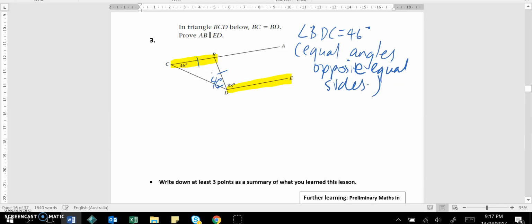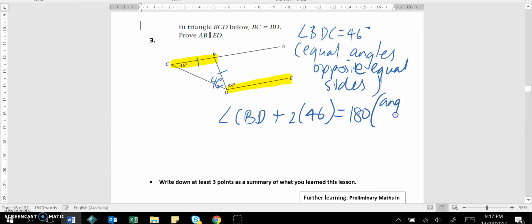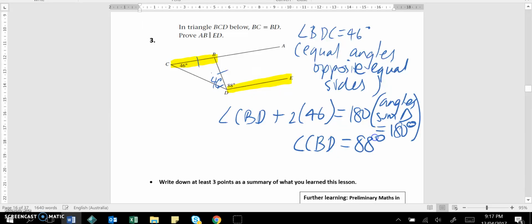Then I'm going to say that angle CBD plus 2 lots of 46 degrees equals 180. My reason for that, which you need to write down, is angle sum of a triangle equals 180. You guys write it out in full. I've just run out of room. And that means that angle CBD equals 88 degrees. Now, since